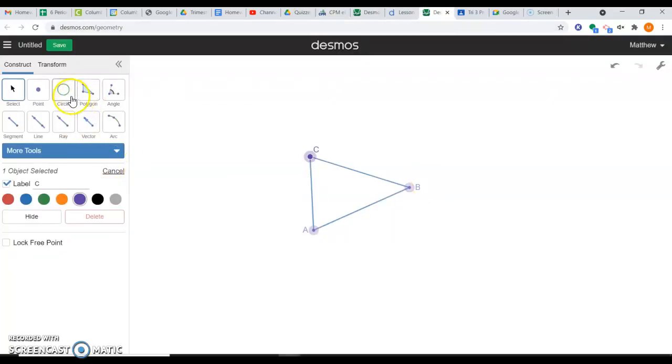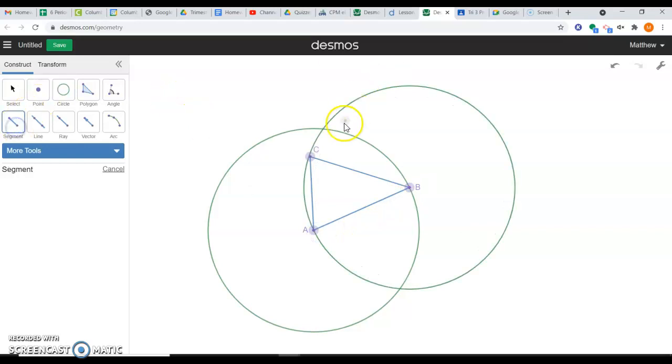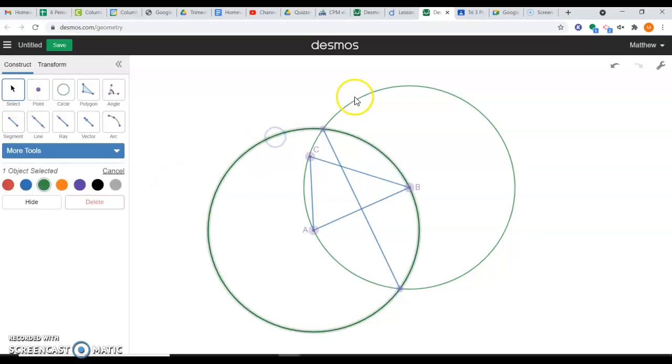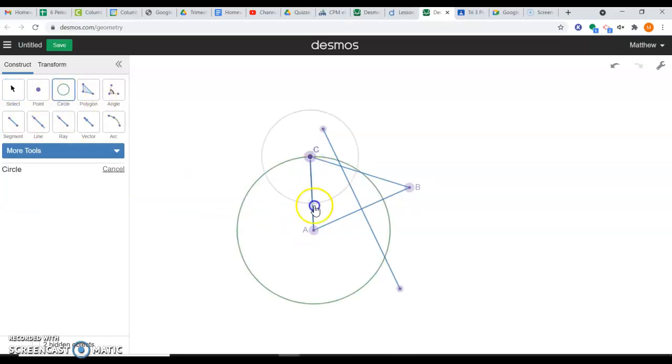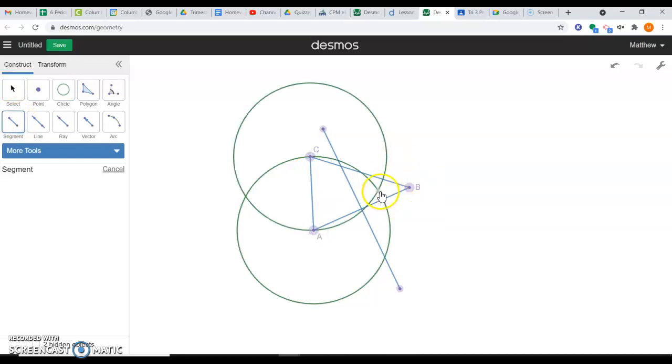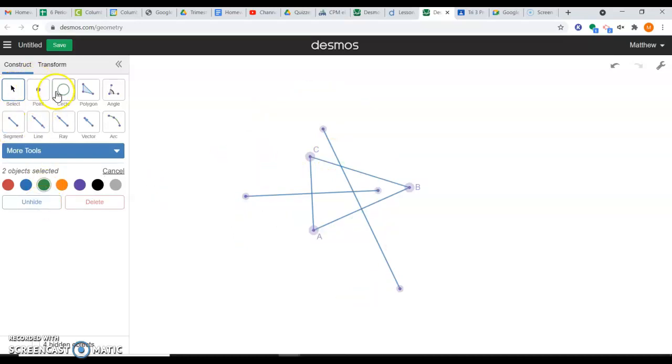Okay. What I'm going to do is create perpendicular bisectors to each side of this triangle. So first, starting with AB, creating a perpendicular bisector like we usually do, which is extending circles, connecting their intersection points. And there is one perpendicular bisector, and I hide the rest so that I'm just having the perpendicular bisector there. Okay, I'm going to do that to side AC. Same thing, using two circles, going to connect their intersecting points. Here's another one there. We'll hide those so that we just have the perpendicular bisector, and we finish up with